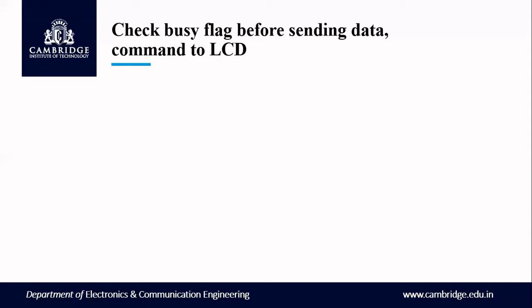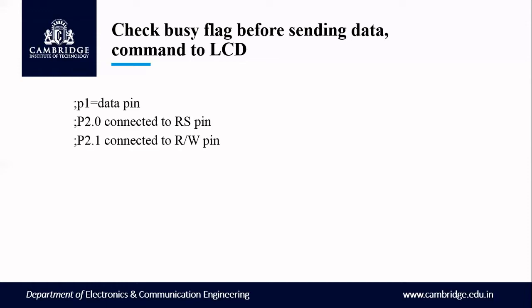So here let us see how to check the busy flag. Busy flag is the D7 bit of the data lines of the LCD. You will be having a data bus in the LCD. The D7 bit is meant for the busy flag. If it is 1, it means it is busy. If it is 0, it is ready. So we need to check; when it is cleared, that indicates it is ready, so that I can send the codes.